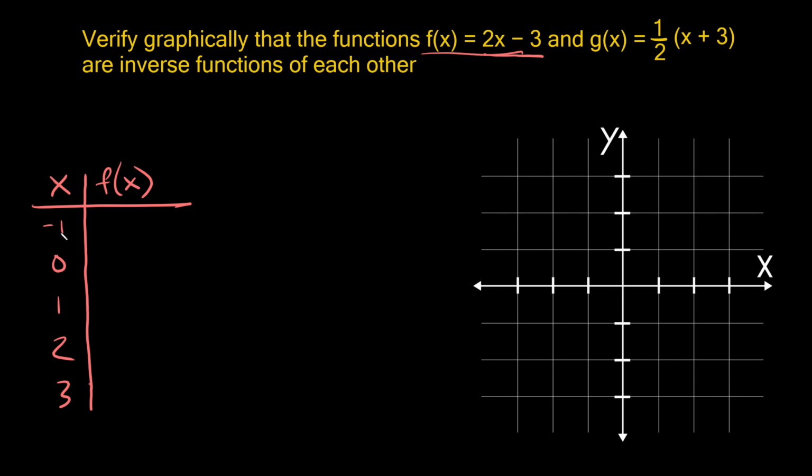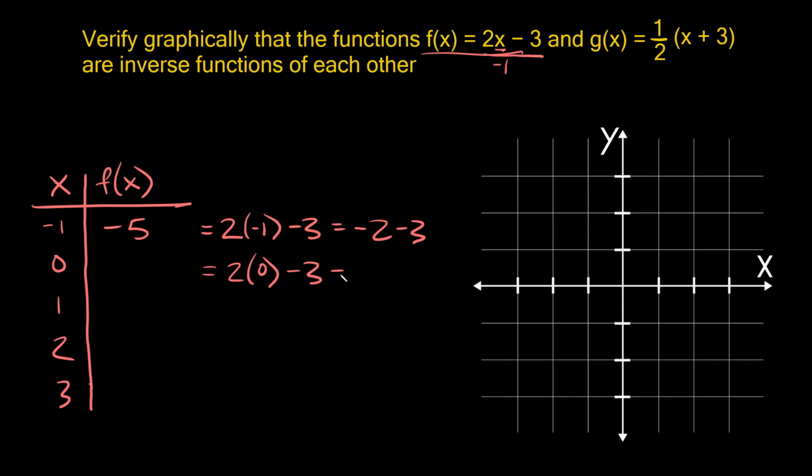Okay. So first of all, if we plug in a -1 into this function right here, and let's just write it over here so it's a little bit clearer. So here, this is going to be equal to 2 times x, but we're going to plug in a -1, minus 3. So this is equal to -2 minus 3, which is equal to -5. All right. Now, what if we plug in a 0 into the function? All right, so we're going to plug that into x. So here we're going to get 2 times 0 minus 3,